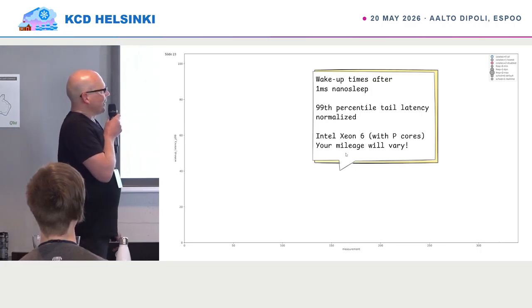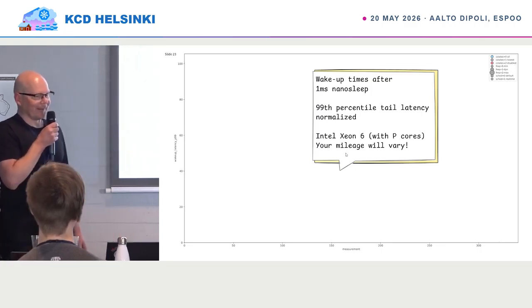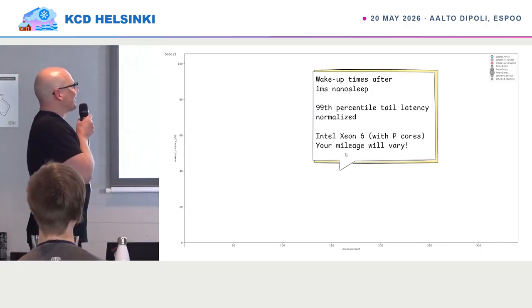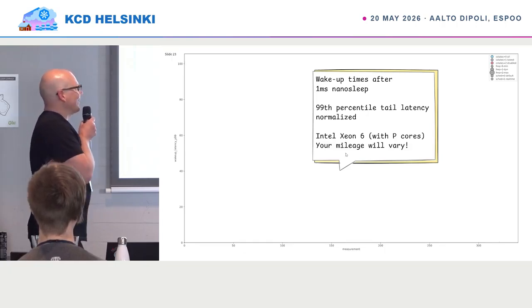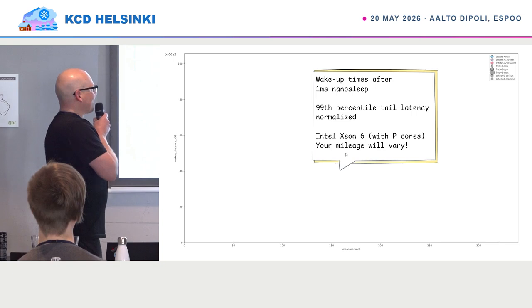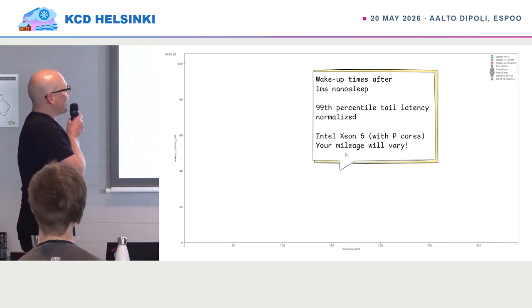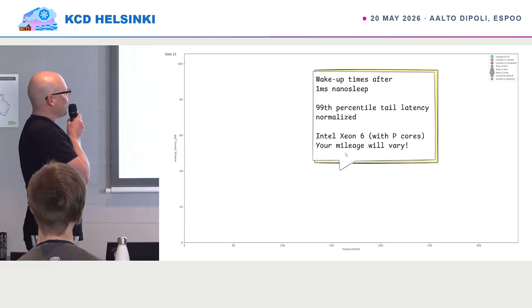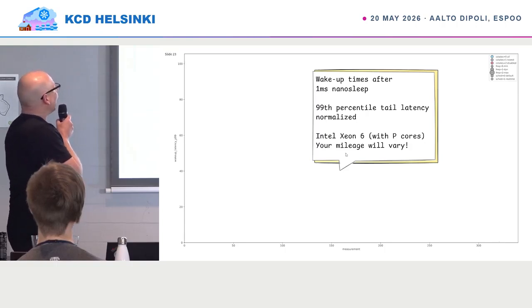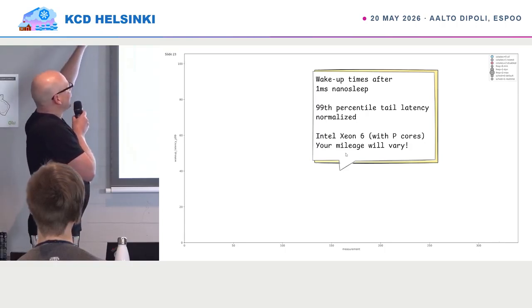The example application that I've been measuring here sleeps 1 millisecond, so it needs to wake up roughly 1,000 times a second. And what I'm measuring, and visualizing here, is the tail latency. And it's normalized so that up there is 100%